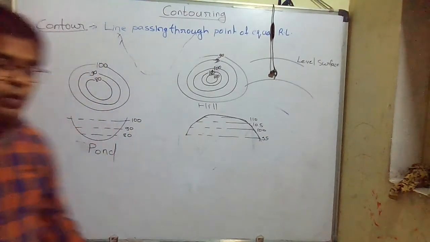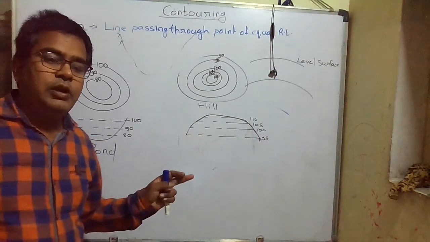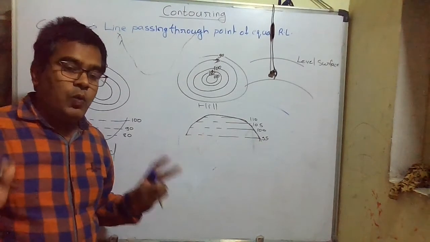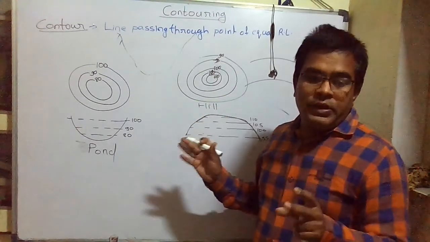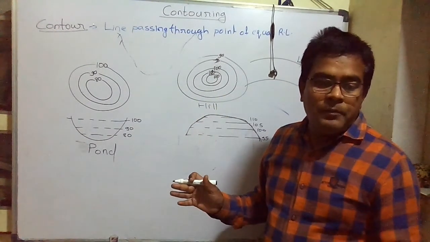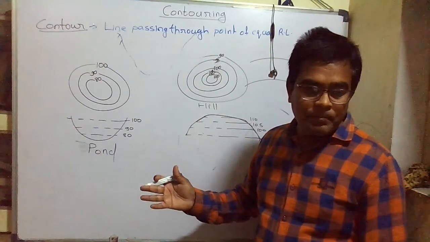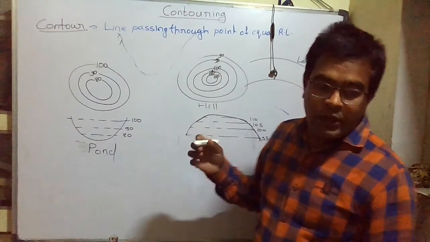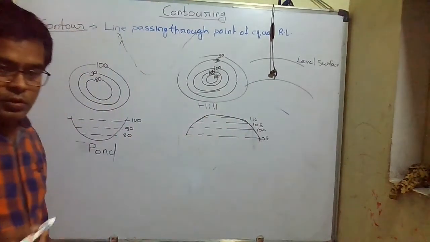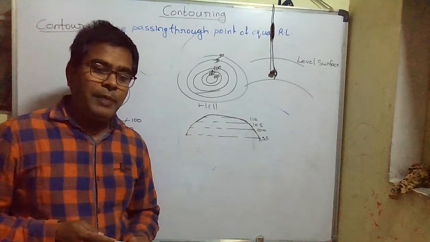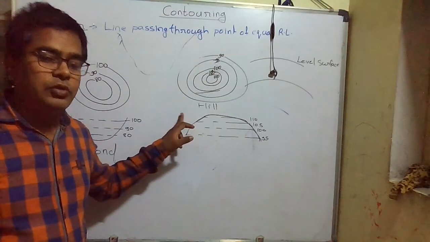Okay, so if we draw the contour map of a whole area, then for any engineering project we can decide the location of the various components. Means if it is a dam, then we can decide where our wall of the dam should be. If we are going for any road, then we can decide how our alignment of the road should be. So by studying this contour map, we will get the idea of the nature of the ground.